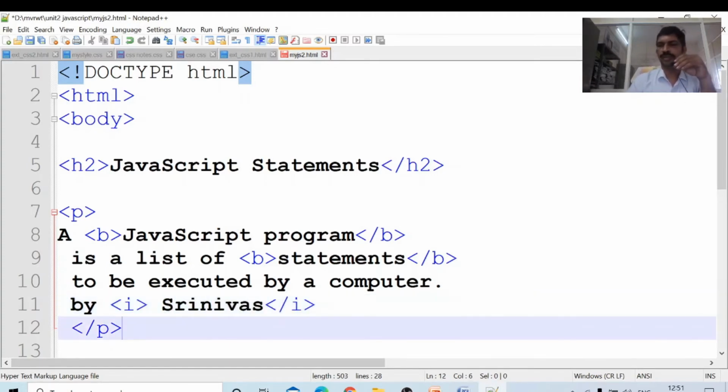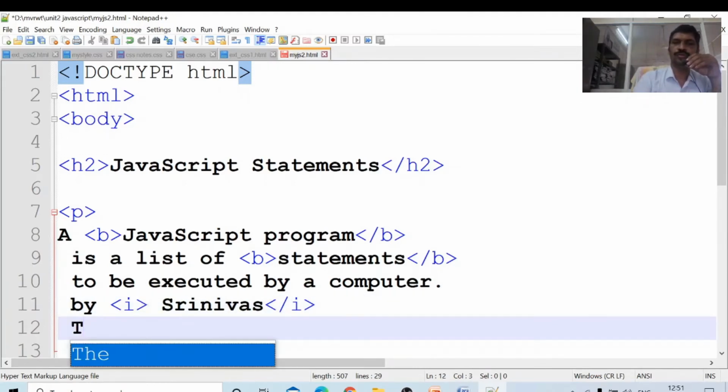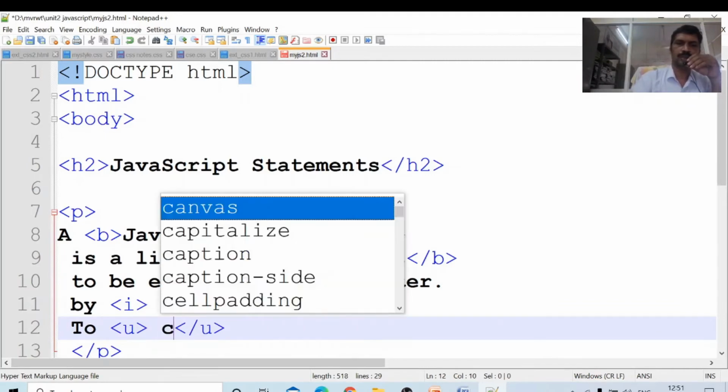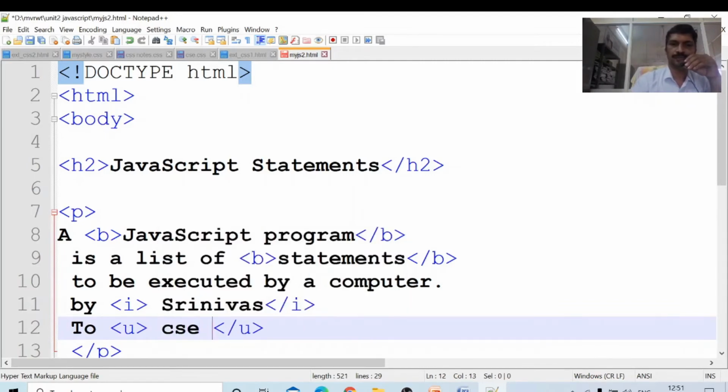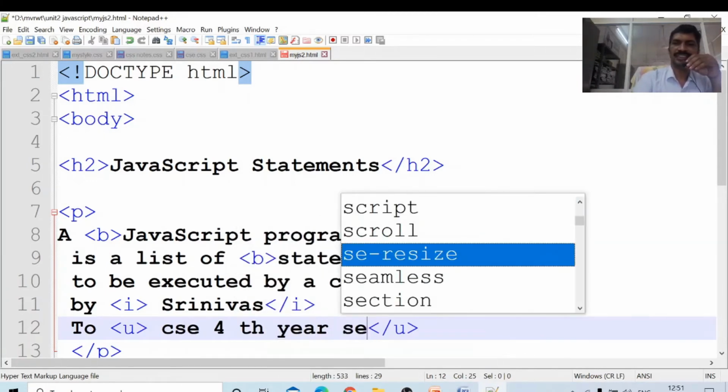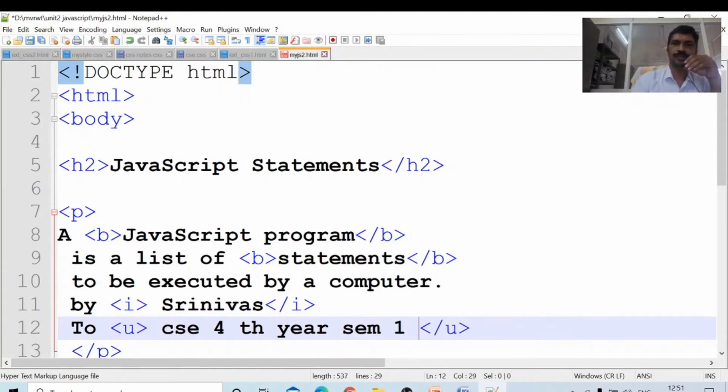If you want an underline, use the u tag and slash u, and the underline will come. Then "CSE fourth year sem 1 students".